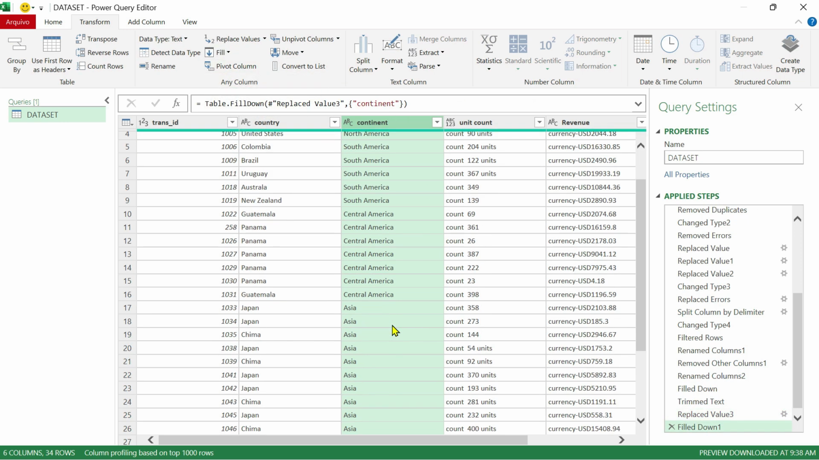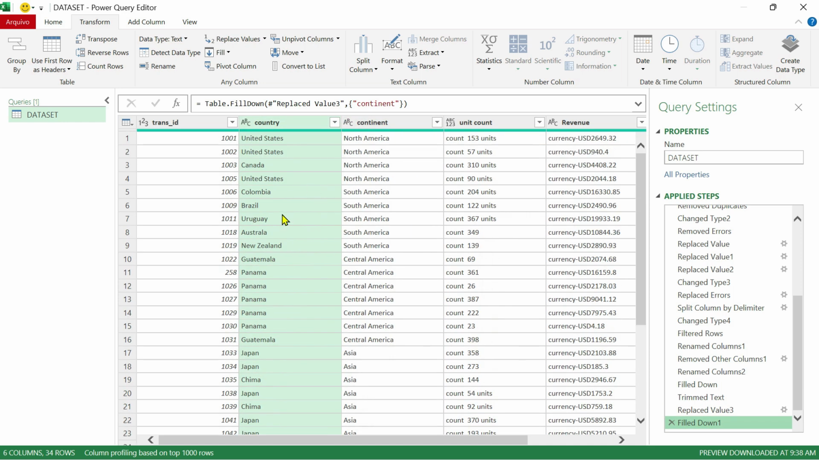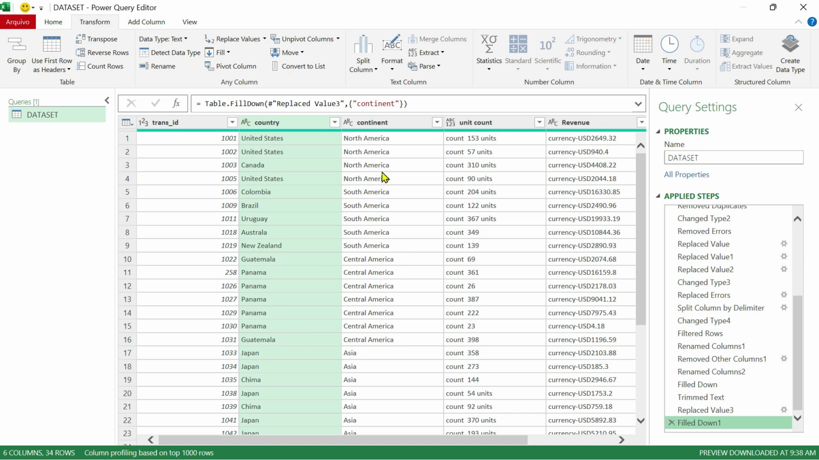I know I still have some inconsistent data. For example, Australia and New Zealand are not in South America. Of course, there are ways to correct it. I don't want to approach that right now because this is going to be a topic for another lesson, but I only wanted to show you that you can copy your text down or up using the fill button, as long as the rows that are receiving the new data are null. The unpivot columns, we will study it when we study